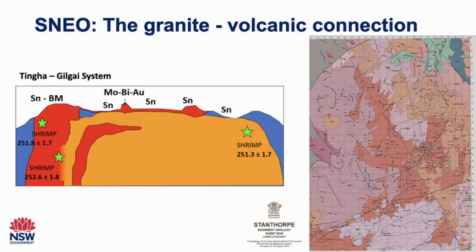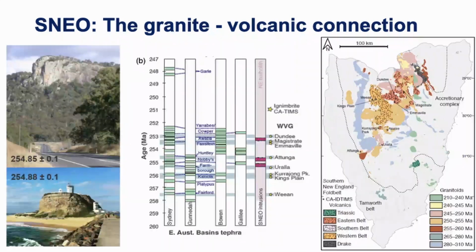But they're coming up to a level there, and we've always suspected that it's the Wandsworth volcanics, the huge volcanics, that were to blame for that. But it appears that new dating that we've done has demonstrated a very intimate relationship between those mineralised granites and the volcanics. We first noticed this by looking at the dating of coal seams in the Sydney-Gunnedah-Bowen Basin, and finding they're coming out as exactly the same ages that we were getting out of the granites and volcanics in New